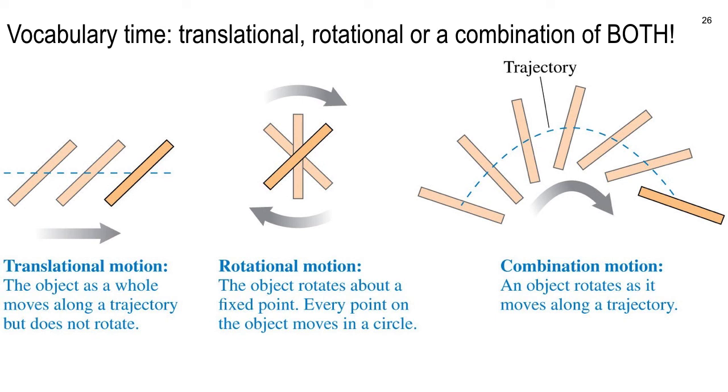Rotational motion is if the thing's spinning about its center of mass, or maybe spinning about some axis, or maybe you're using a wrench, so you're spinning it about the head of the wrench, and you're out here at the other end cranking on it. So that's rotational or angular motion. All right.